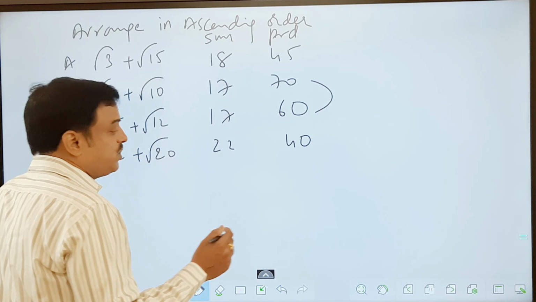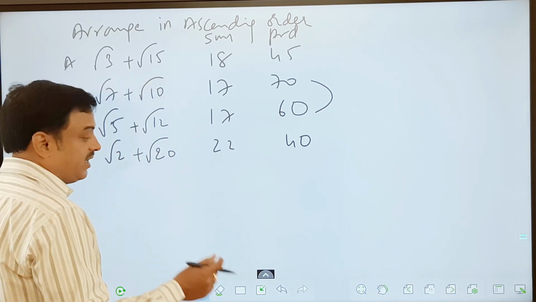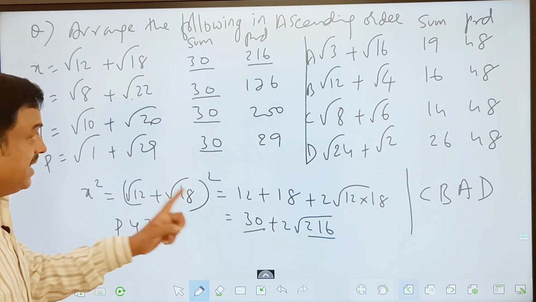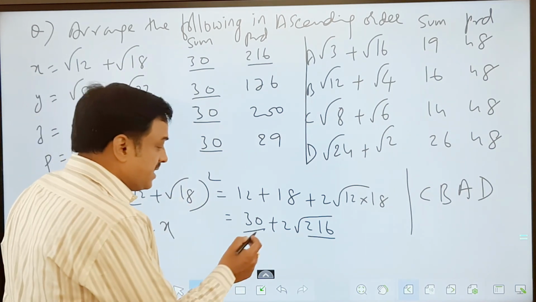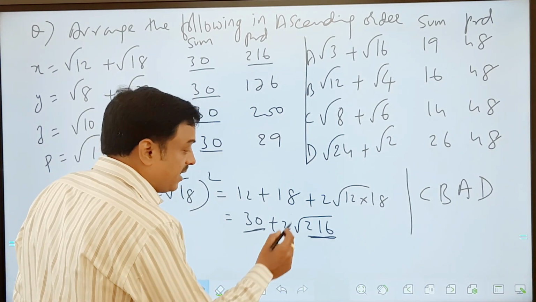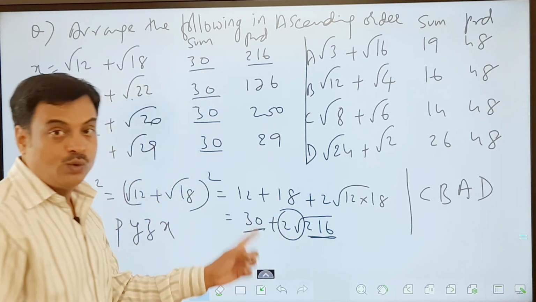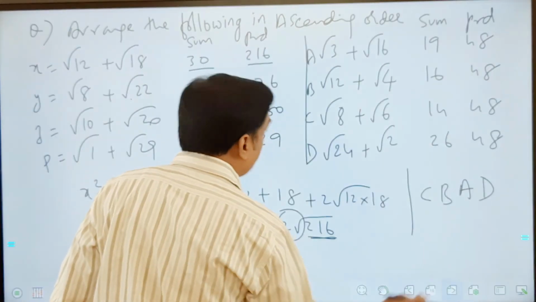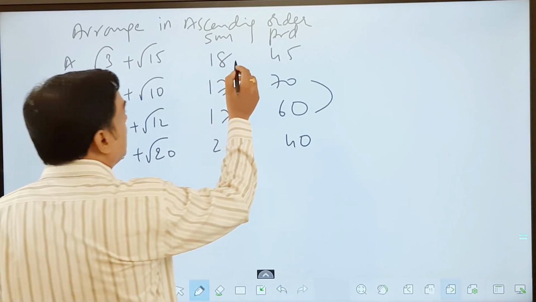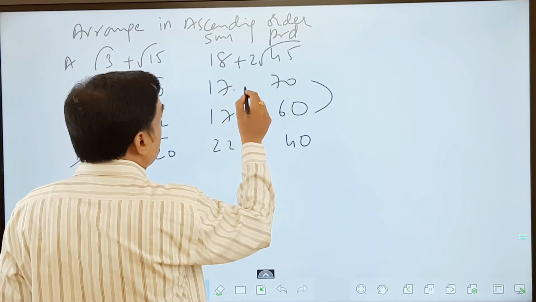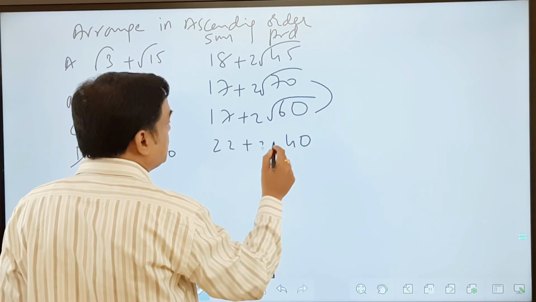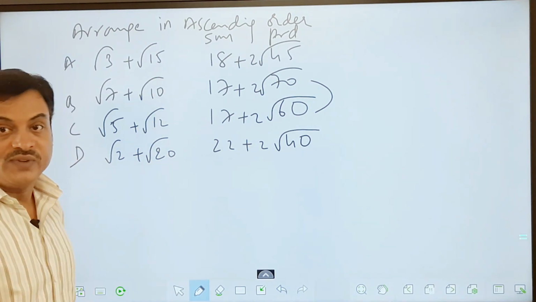Okay. So if you see the expansion which I showed in the last slide, it has sum and product, and I just need to add the 2 and the root. This is the advantage of this method. Just add 2 and a root, so that the squaring on both sides concept is finished.